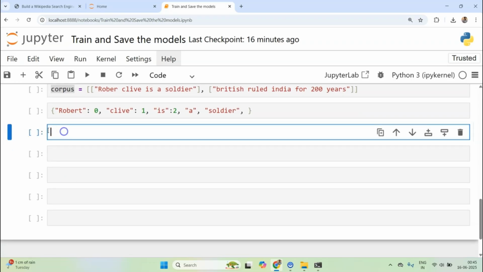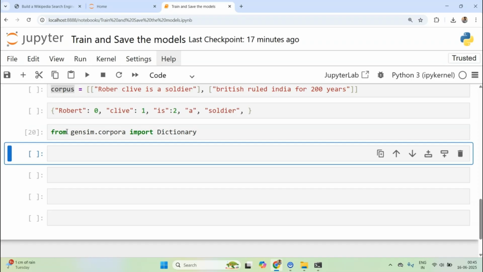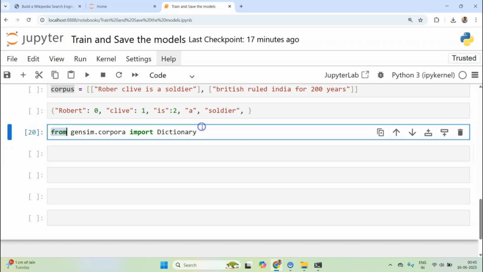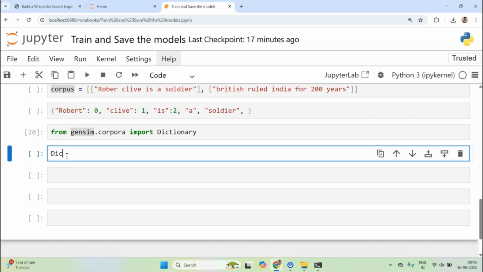Let's see how we can create a dictionary using Gensim. We can import from gensim.corpora import Dictionary. Now that we have this imported, we can load this Dictionary class and create a dictionary, maybe dictionary1.